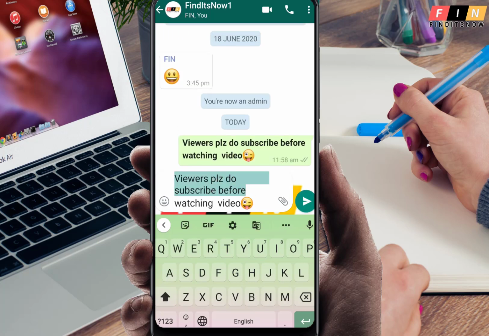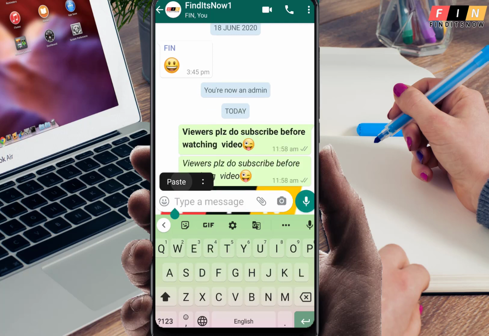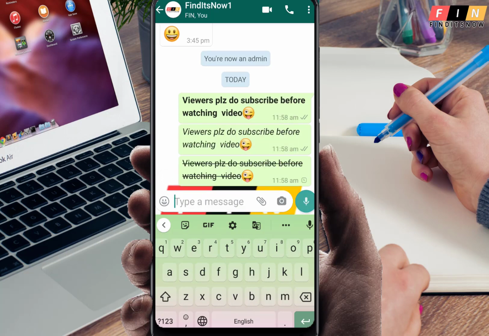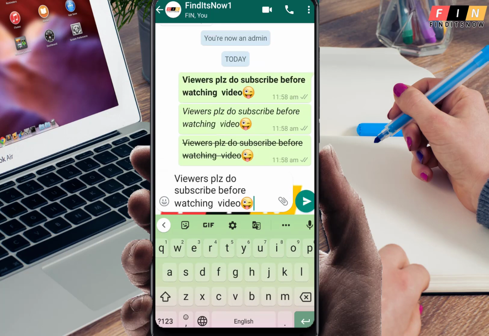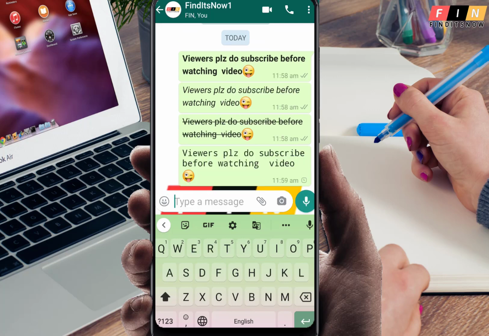In the same way, the process should be repeated. Italic, strikethrough, monospace. These are the four font styles that are available in WhatsApp.